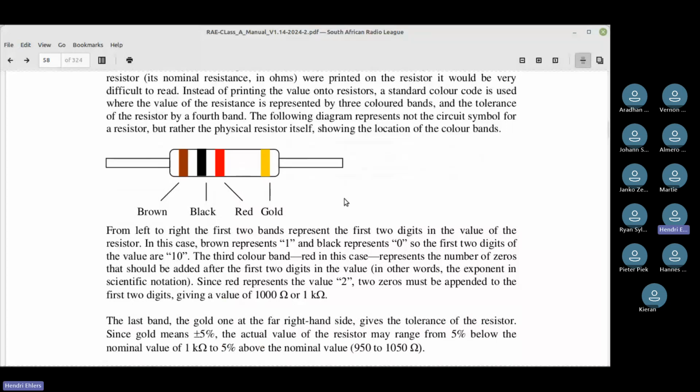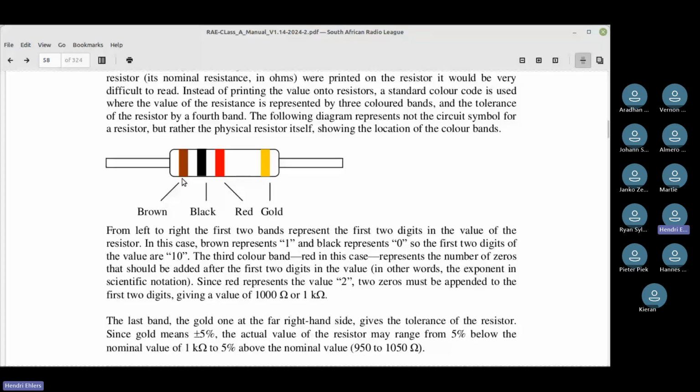Let's just grab my mouse and write over there next to the brown. Brown is number 1. Now, I'm going to explain this a couple of times because it is very important that you get this right. It's easy. It's money. It's points in the bank. So if you know this, they will ask it and you will get points for this.